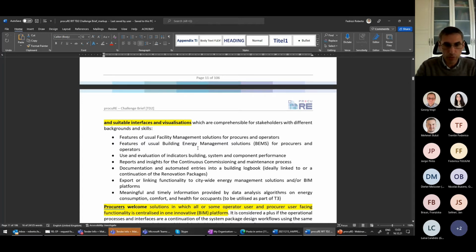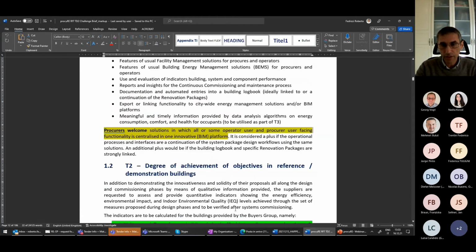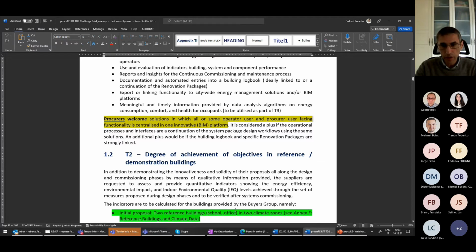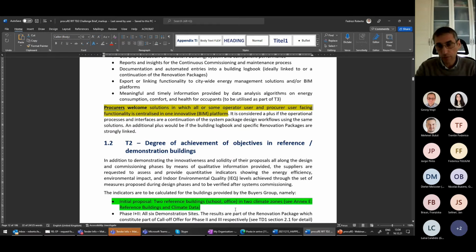And again, procurers welcome the use of the BIM platform for this purpose, so to share this kind of information, so that the BIM platform can last longer than the initial design phase, and can be used also after commissioning as a working tool. This is from the technical perspective, and the overall approach that we expect to get